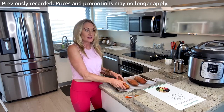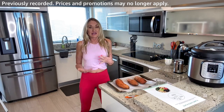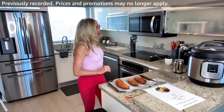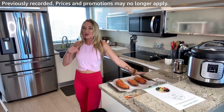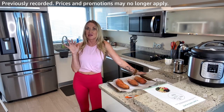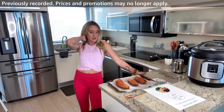Because of the color, you want to change it up and work on getting different potatoes. So I'm going to have sweet potatoes this week. I'm going to have those little yellow potatoes. Probably go to the store and get some purple potatoes later this week because I don't have any here. And I'm definitely, if I didn't already say this, going to get some russet potatoes because a friend of mine